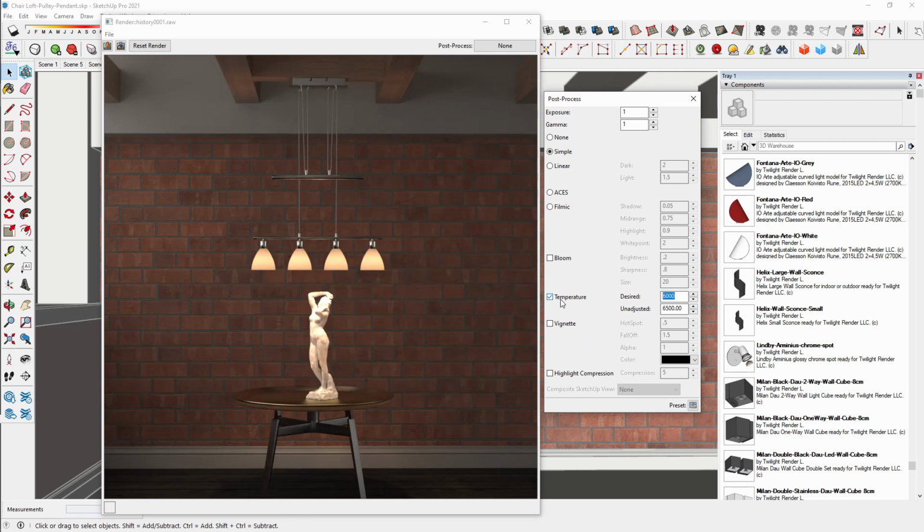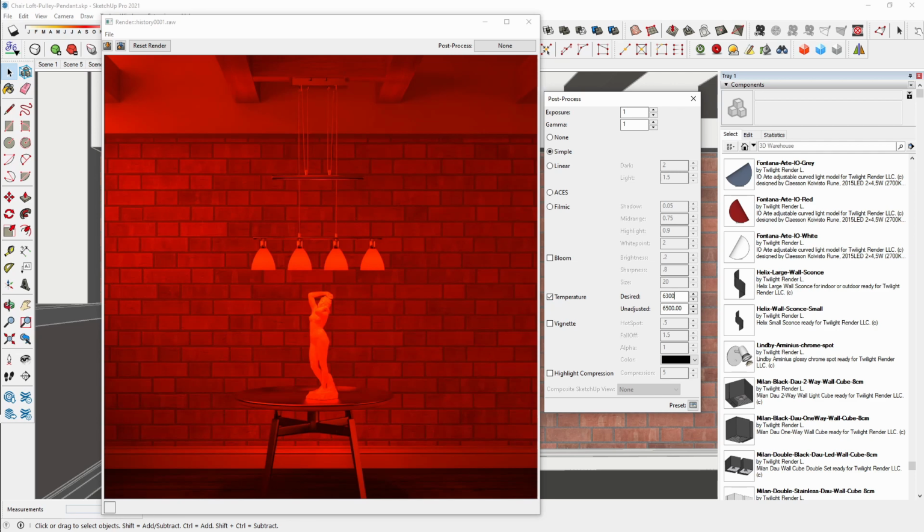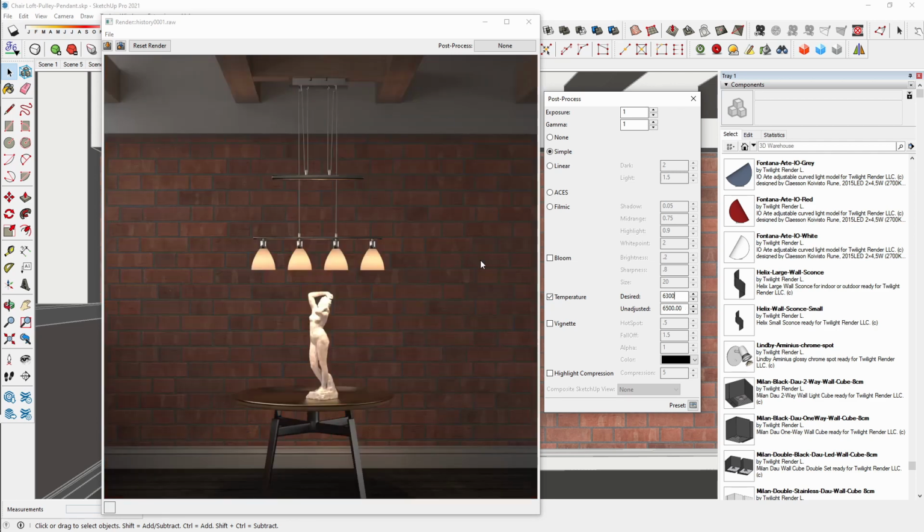And the reason this temperature adjustment is here is I usually use it only on exteriors, and I usually use about 6300 just to give a little bit of a warmer feel. Let's disable this. It's a very subtle thing, but on exteriors, it's very powerful. So